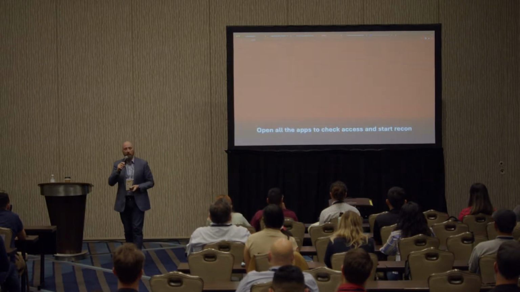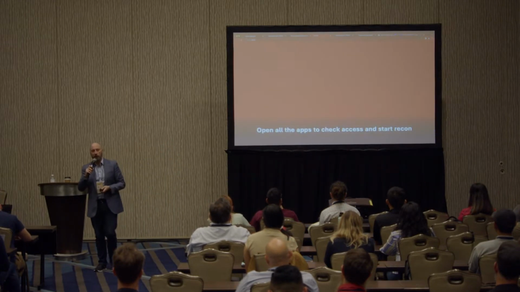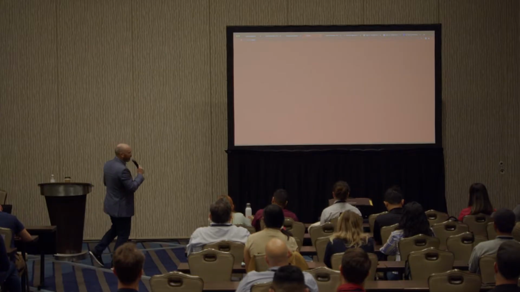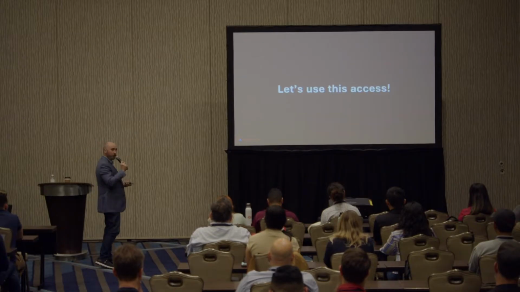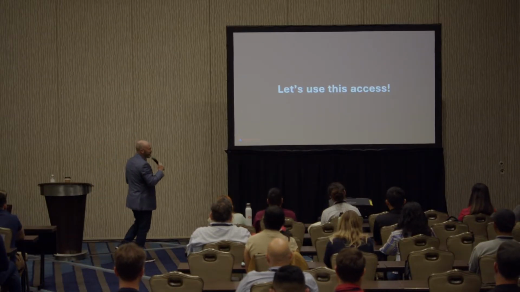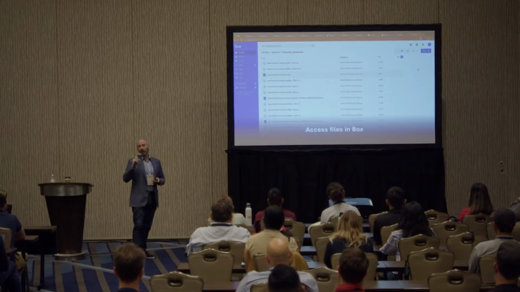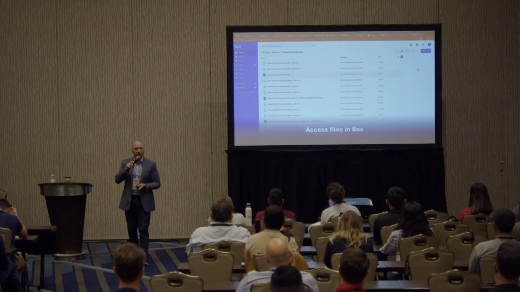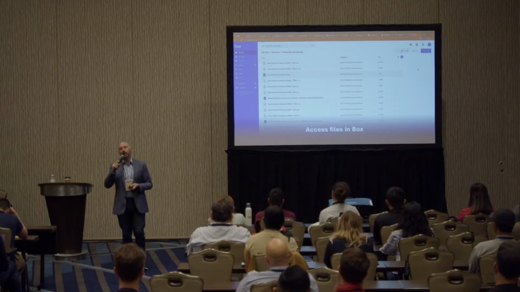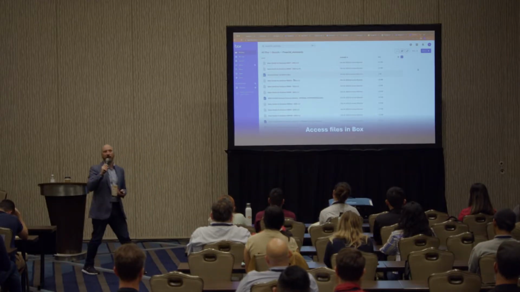What's happening here is I'm basically opening up every one of these in a new browser window so we can go application by application and see what David under Jerome has access to, or what really me as this attacker has access to. Let's use our access. The first one is maybe the easiest one. I've logged into Box. I've logged into Jerome's Box. Jerome's an admin. There might be all kinds of fun stuff here.